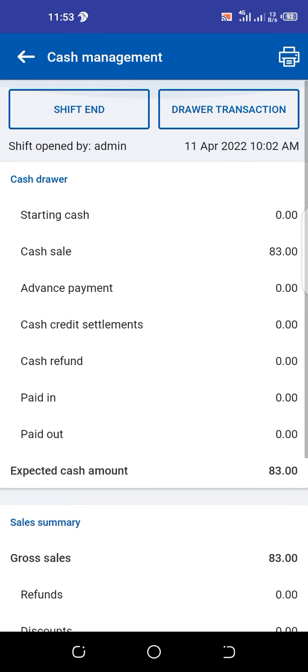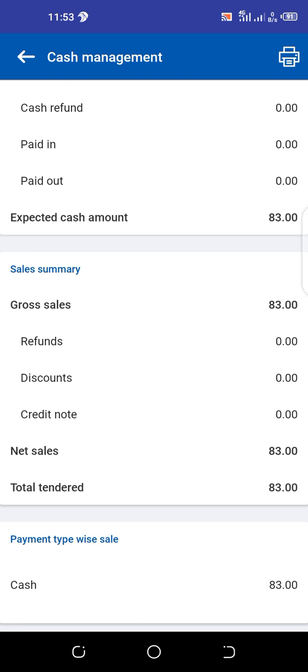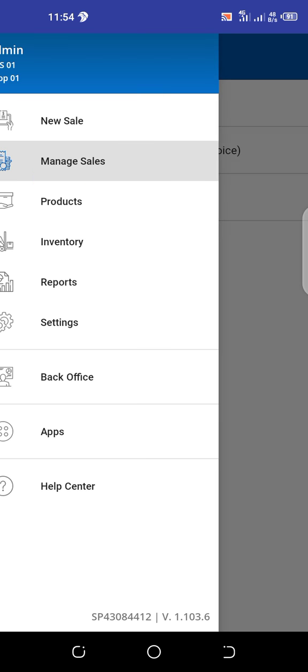Okay, so that's cash management for you. And you can end the shift at the end of the day. It will show you the amount that you're supposed to have, and then you can just end the shift and print the report. And then we've got